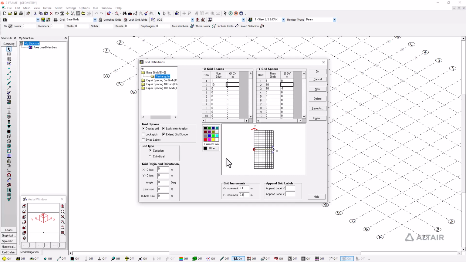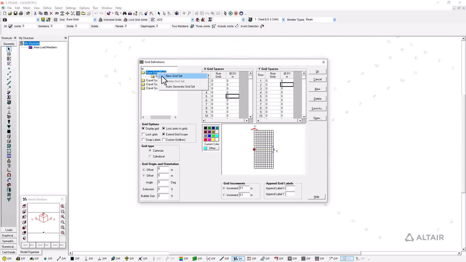So here I've got one grid. The rectangular grid, as we can see here, has basically 20 meters of width in the Y direction and 10 meters of width in the X direction. Now I'm going to go back to the base grids folder and create a new child grid